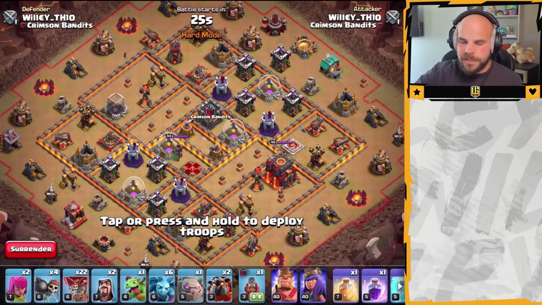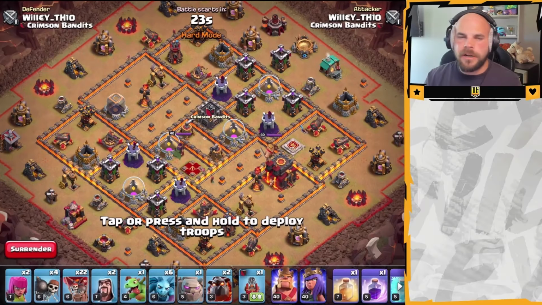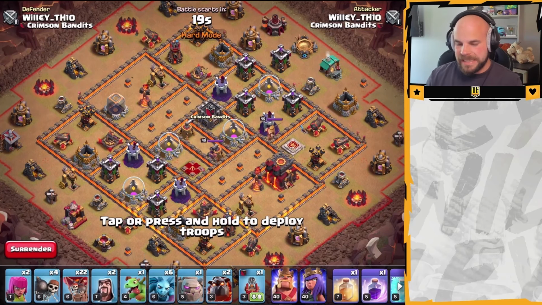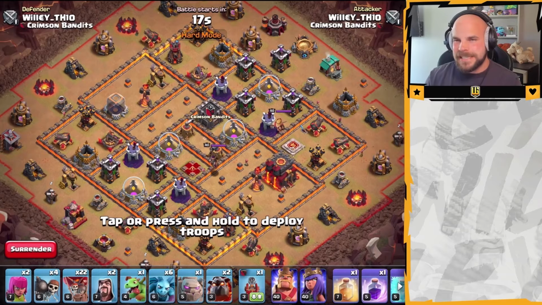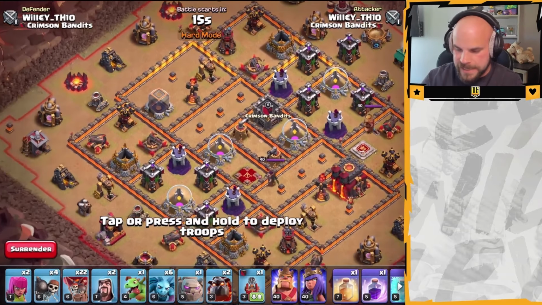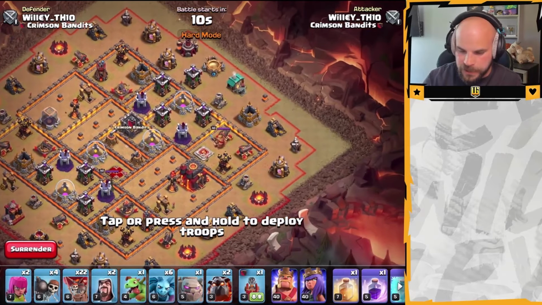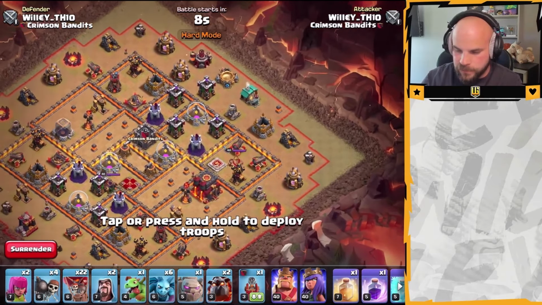All right, here we go. So this is going to be similar to the Hog Rider attack if you guys watched my previous video. So the goal for the LaLo is you want to get the enemy queen dealt with and you want to get the enemy CC dealt with. Those are going to be the two biggest things to make sure you try to take care of before you send in the balloons. But first, what we're going to do is start the flame flinger on the right side